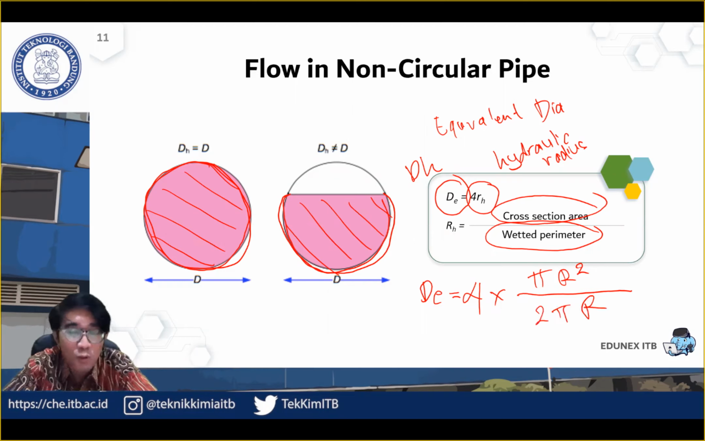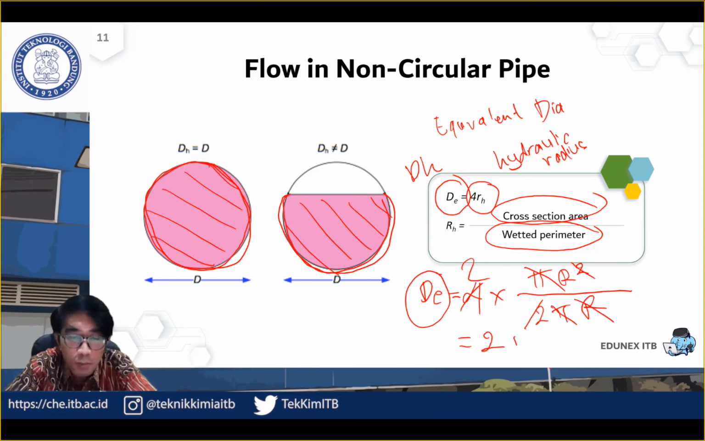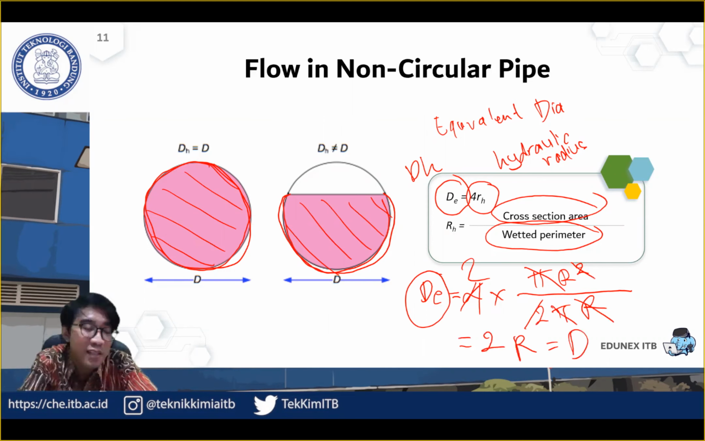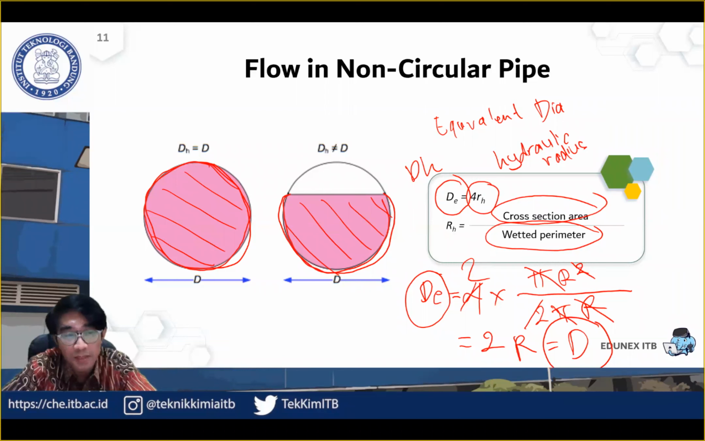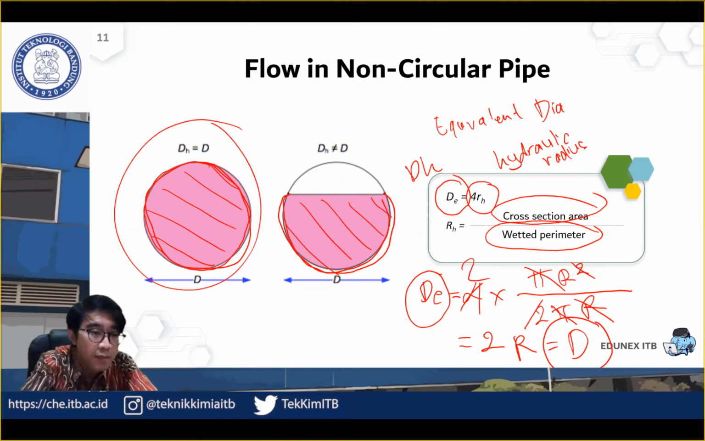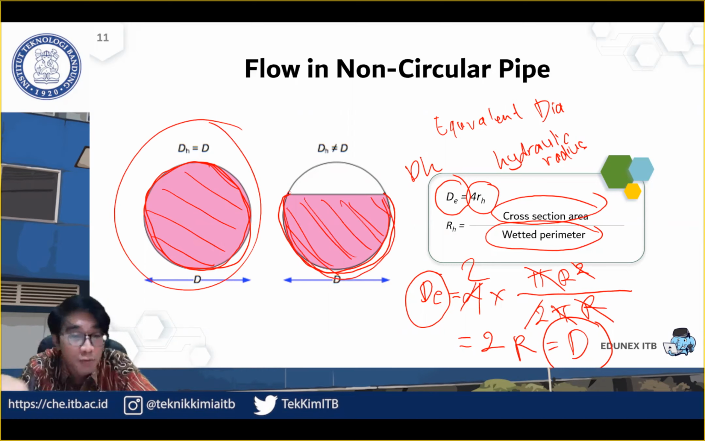So what will be the equivalent diameter? Then you just do this. The diameter will be 2r, which is called diameter, right? So if the liquid fully fills the pipe, then the equivalent diameter will be the same as the circle diameter. That's the case for this one. But for the second one, you need to calculate the area, and then you calculate the weighted perimeter. It will be different, unless